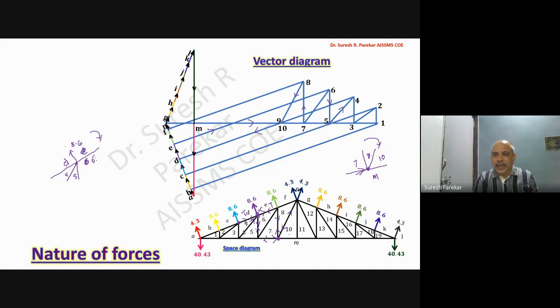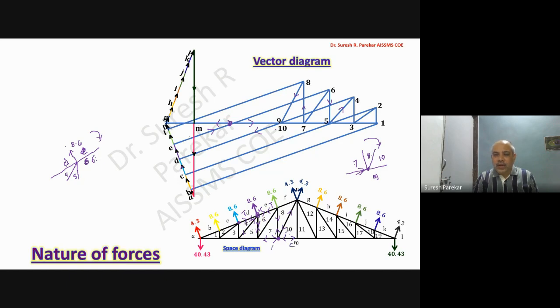And then we have M10. So now you can see M10. So we have M over here, 10 over here. Sorry, clockwise we are coming, so we have to take 10 to M. So we have to go in this fashion. 10 to M we have to go clockwise. Then we are going towards the left. So towards the left we have compression.